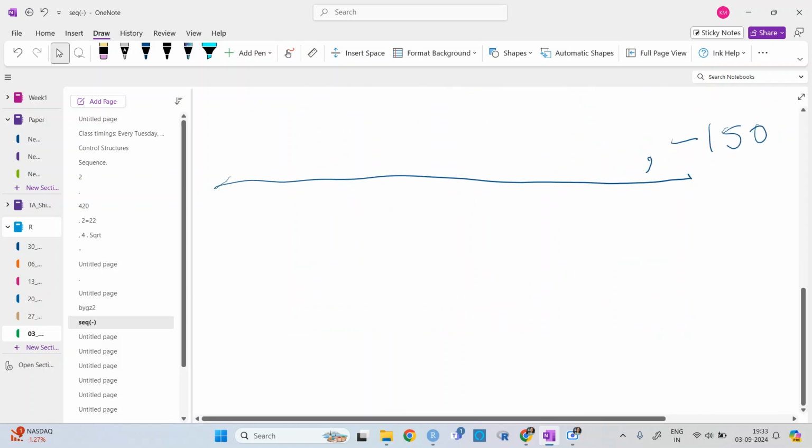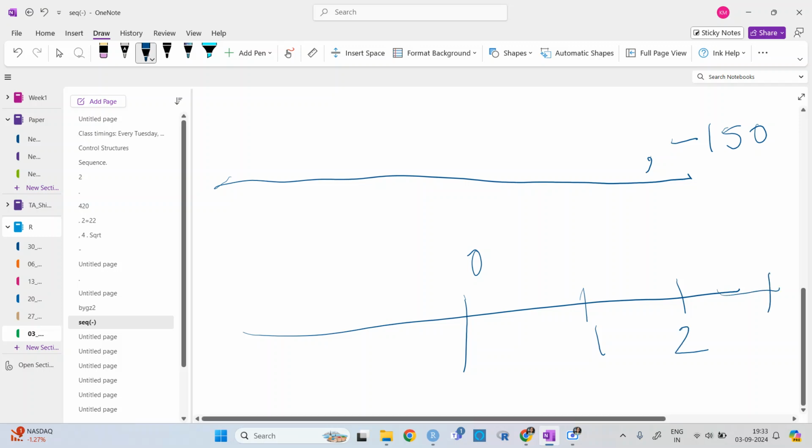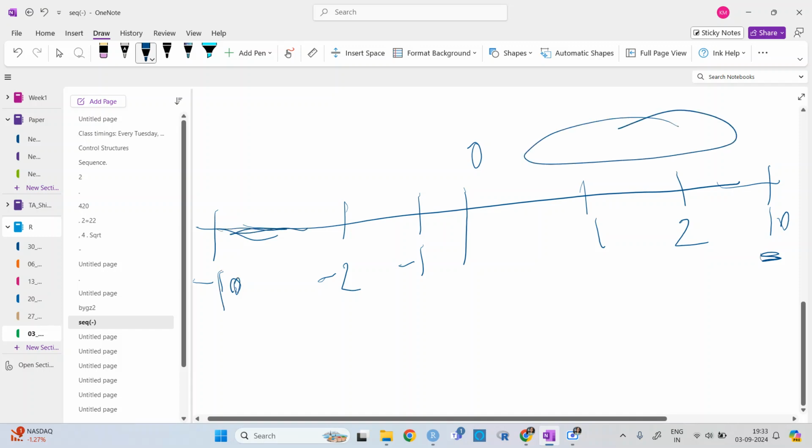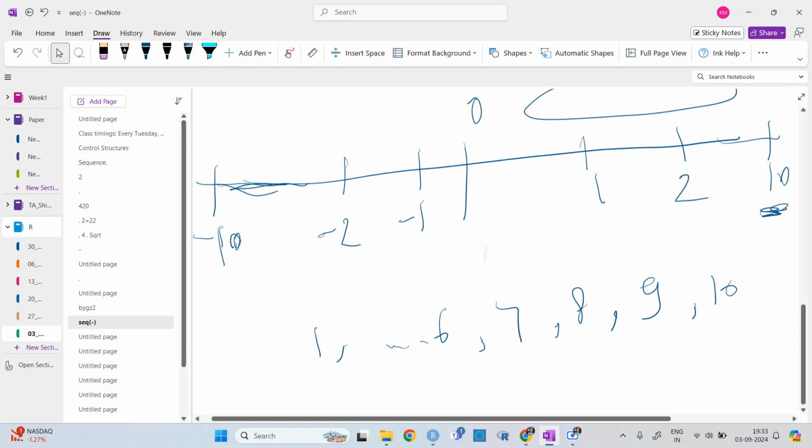So when you have this line, 0, 1, 2, 10, and then here you will have -1, -2, let's say -10. If I give length 10 and 2 as 10, then it will work like 10, 9, 8, 7, 6, and then 1.